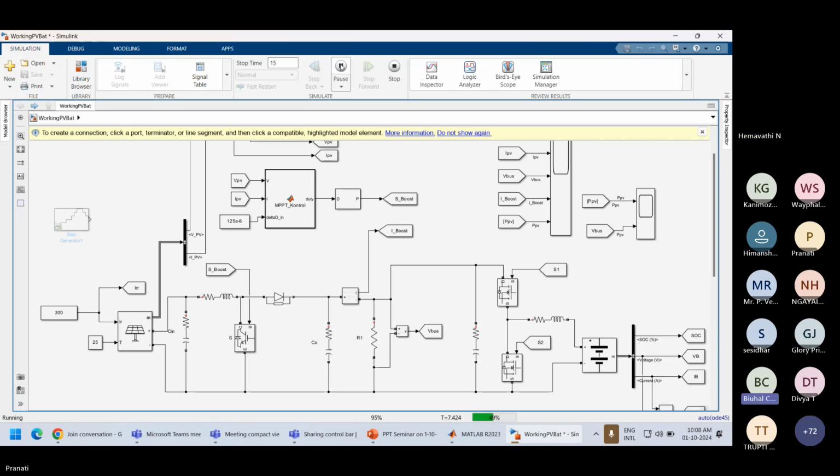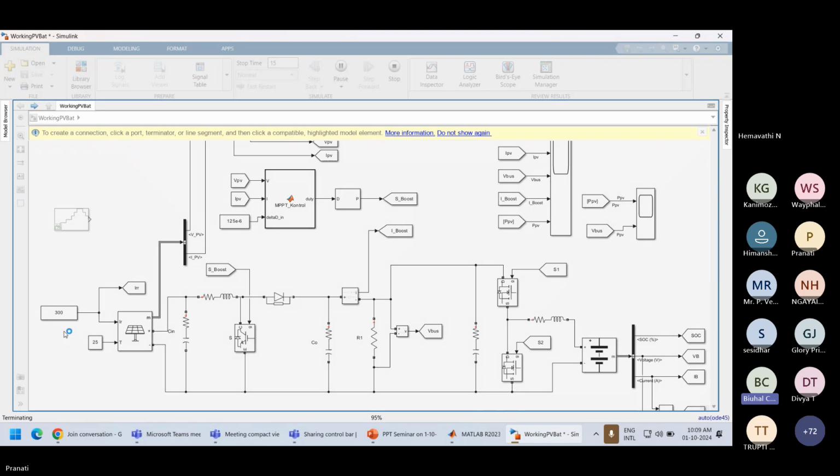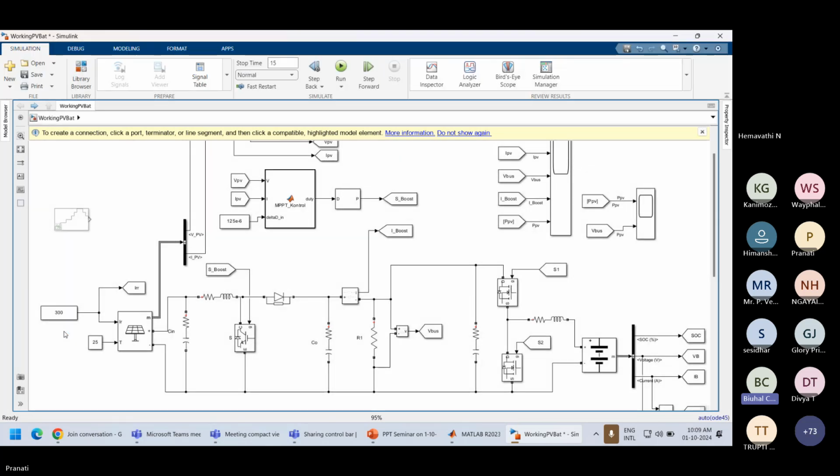Ma'am, is the duration of the radiation profile you have chosen in seconds or in hours? Seconds, obviously, because our simulation is running for 15 seconds. All right. I have observed that the actual battery, or in the simulator, the battery takes longer to charge and discharge. So that's why I'm asking how it is matching with the